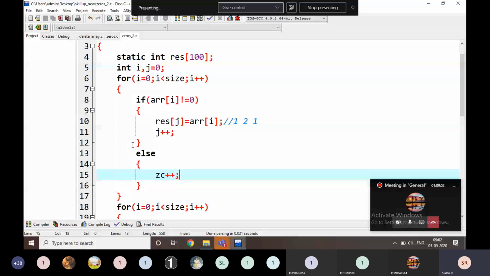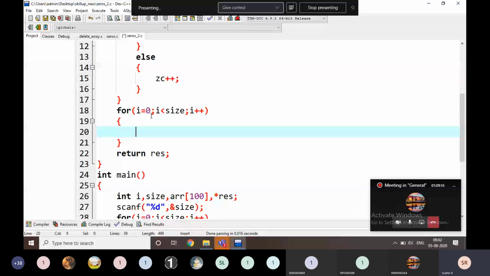That's why I am writing in a single loop like this, and the second time I am going to write here that is 0, no doubt about that. Then it is going to be zc i plus plus. I am going to repeat it 3 times: result of j plus plus is equal to 0.